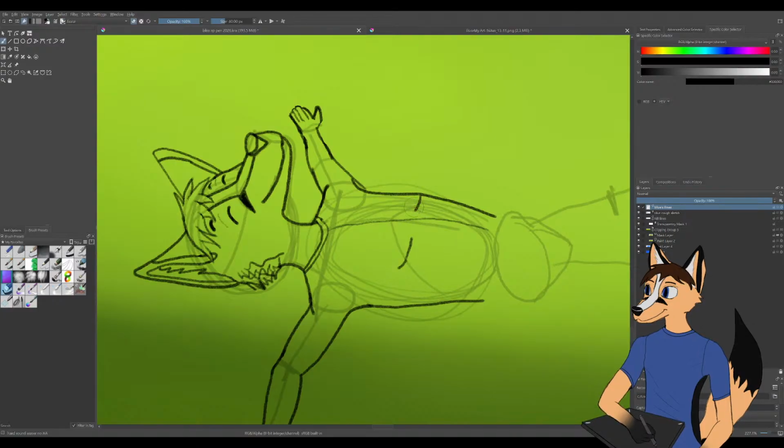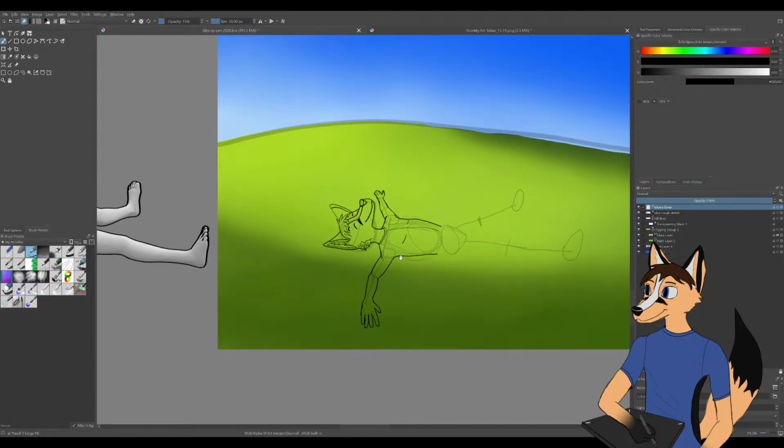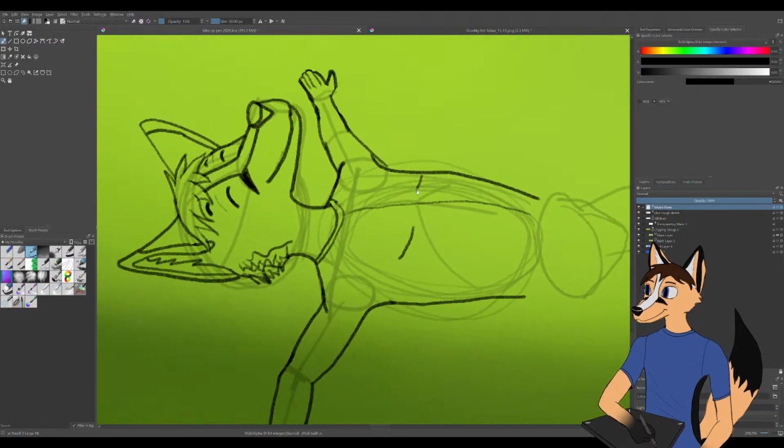That's not correct, I don't think, unless it is. Let me double check that. Yeah, that looks okay actually. So his ribs are kind of here, so that means that this goes in just slightly here. I erased a little too much there.